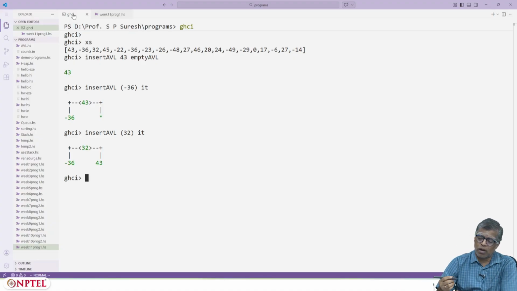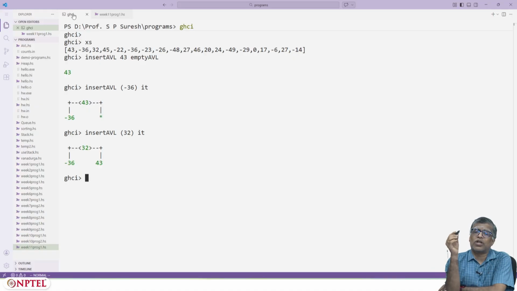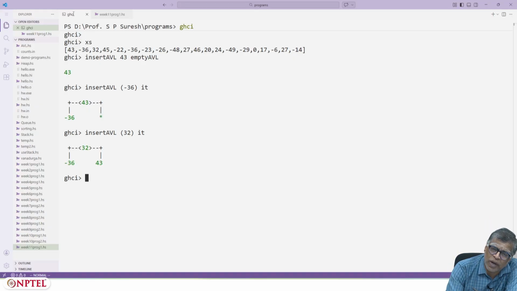So it will be 43 and then minus 36 is already there to its left. You will try to search from 43, you will go left, from minus 36 you will go right. But now you have a situation where the left subtree has height 2 and the right subtree has height 0. Furthermore, the left subtree has slope minus 1. So you will do the appropriate thing, the appropriate rotates, and now you see that you again have a binary search tree, because 32 is at the root, minus 36 is to its left, 43 is to its right, but it is balanced. Okay, this is the important point.